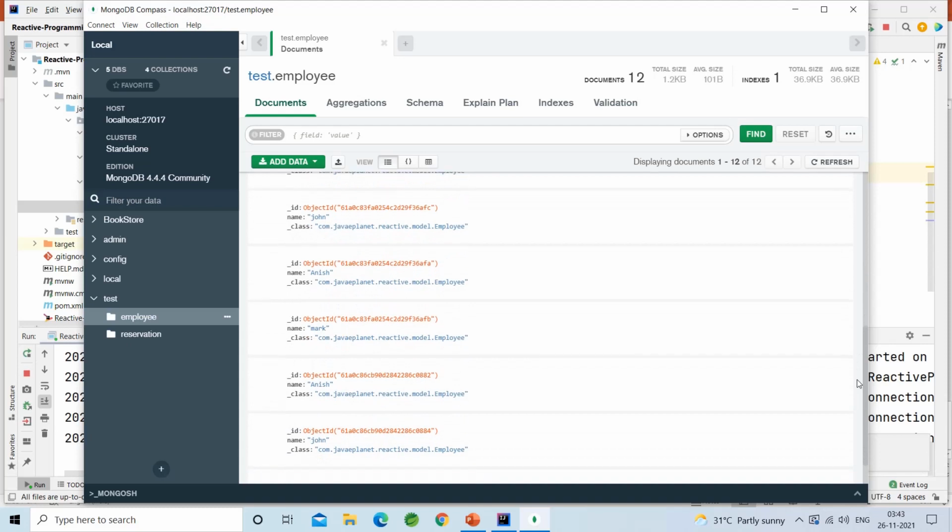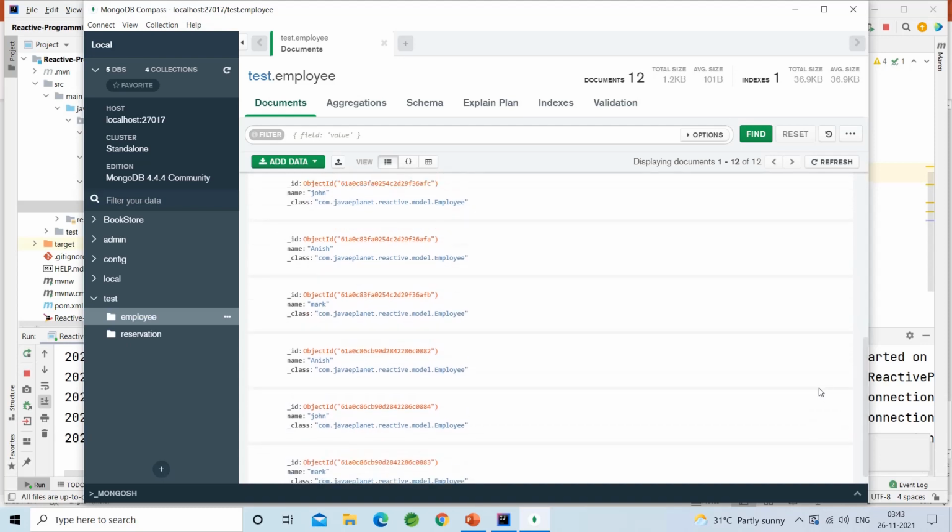John, Anish, Mark, Anish, John, Mark. When I run the application twice, the records are inserted again. The data has been inserted two times. If I run the application a third time, the data will be inserted again, repeatedly, into the database again and again.